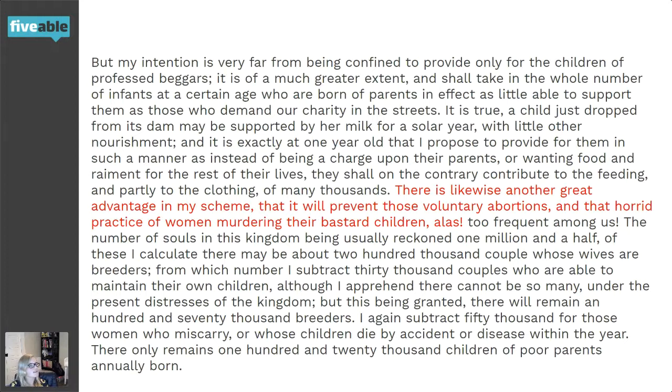There is likewise another great advantage in my scheme, that it will prevent those voluntary abortions and that horrid practice of women murdering their bastard children, alas,